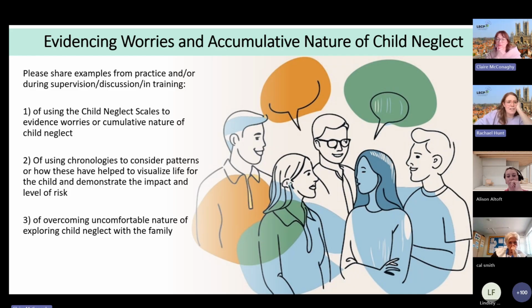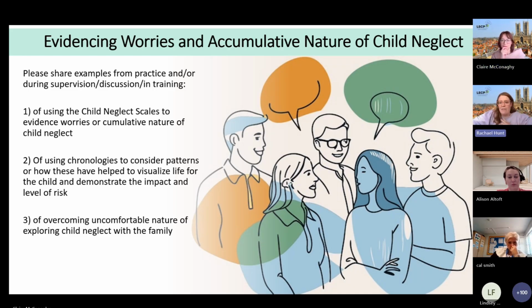That's a really good example about putting colouring on the themes. It just helps a little bit more with the visualization as well. I think that's a really good example. Thank you. I think we might be looking at that when we're doing a refresh. I know we've mentioned before, but there was a conversation recently after the audit, and we're checking out another example of a chronology that might be similar to that. So look out for that as well.